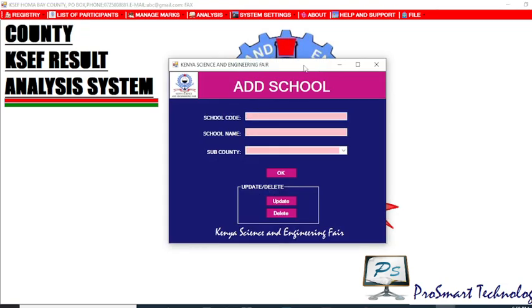The schools that manage to reach the county level. Those schools who are coming to compete at the county level are supposed to be added into this system. So the first thing you need to do is to add the school code, then the school name, then the sub-county. For example, if the school code is 417314002, for example,